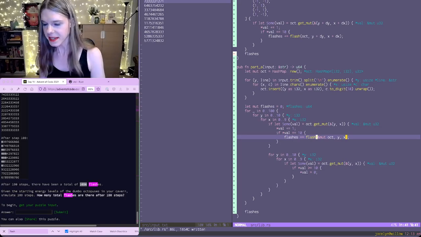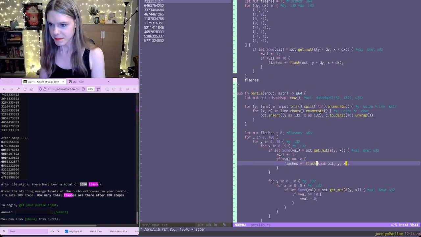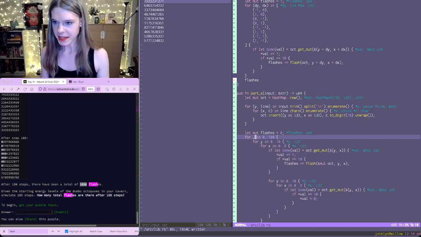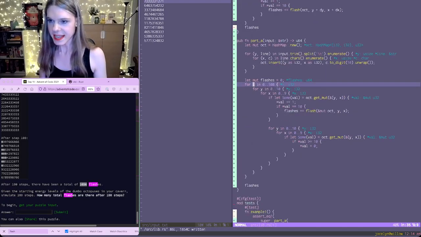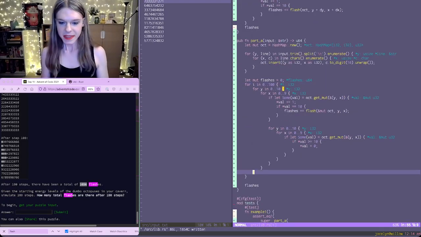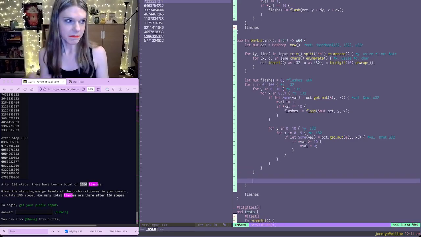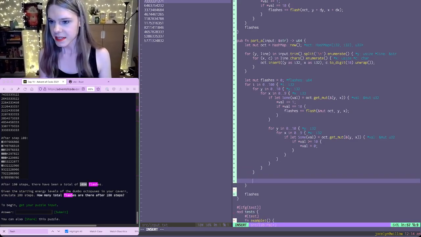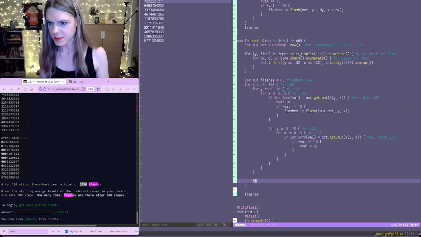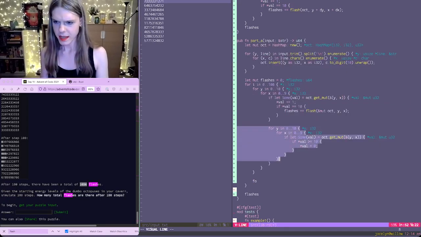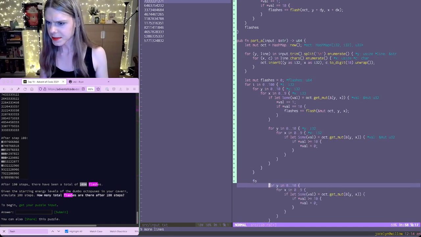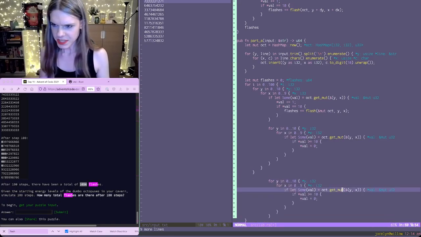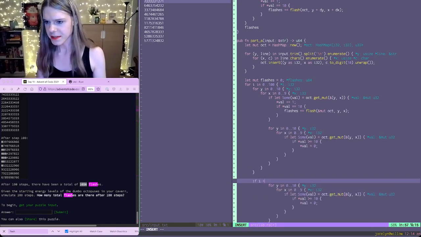Okay, so we got our answer wrong here. So I just want to see what our input looks like at the end of the first step, just to see if there's anything obvious here. So we're just going to print what it looks like, just for the first one, so if I equals 0,